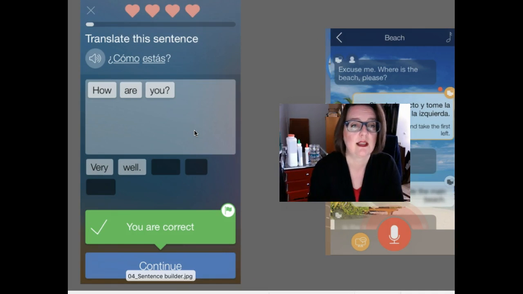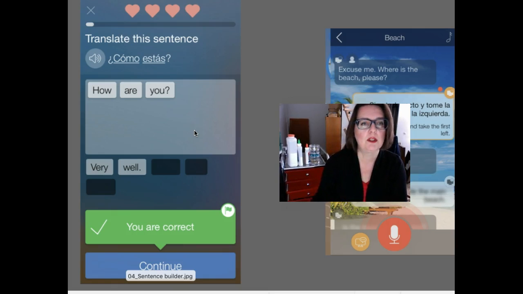Mondly calls this the sentence builder. I kind of like it. I think of it as building bricks because you're given all of these words down here at the bottom. And if you are working on the beginner level difficulty setting, by now you've been exposed to the question ¿Cómo estás? a few times. You kind of have an idea of what it means. So your choices down here would have been very well. You are how. And you choose each brick and you put it up there in the order to make the